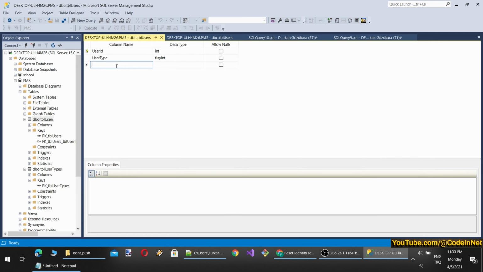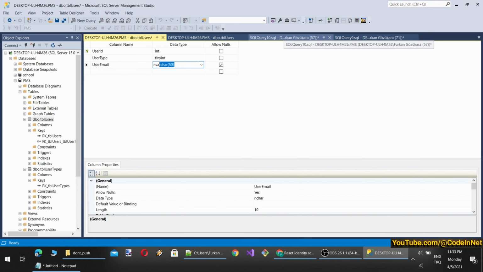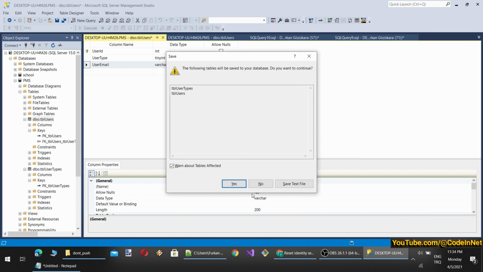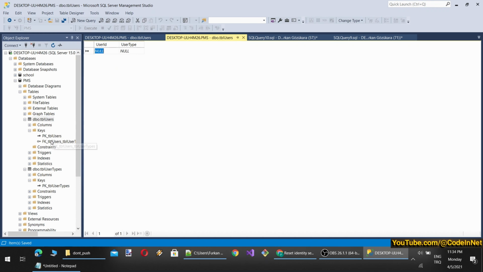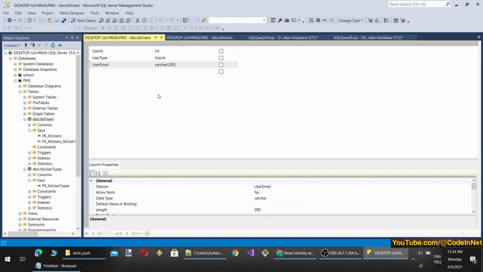We can have user email for login. User email, it will be varchar. Actually, it can be varchar because emails cannot have non-English letters. But we also don't want two users to register with the same email. So how can we ensure that in the database? We can ensure it with a way like this. Let me show you. Okay, first I will add some records.